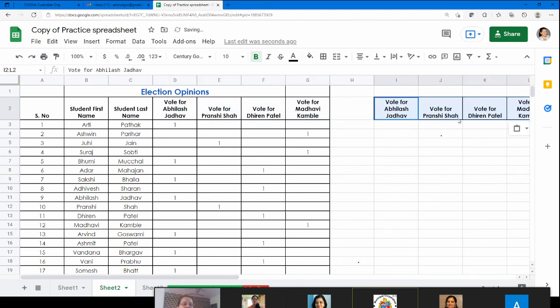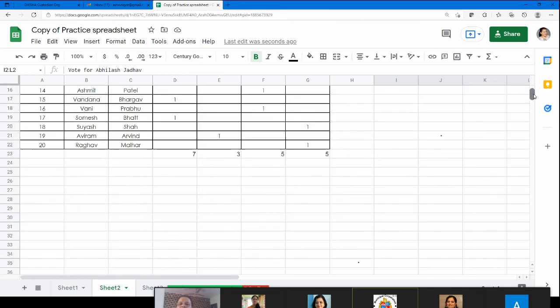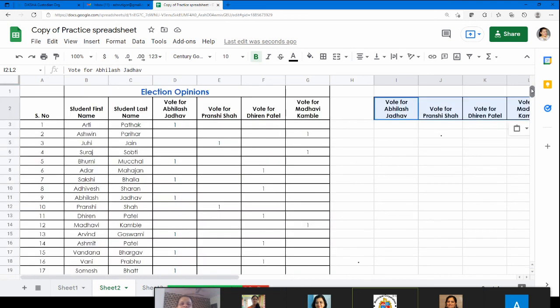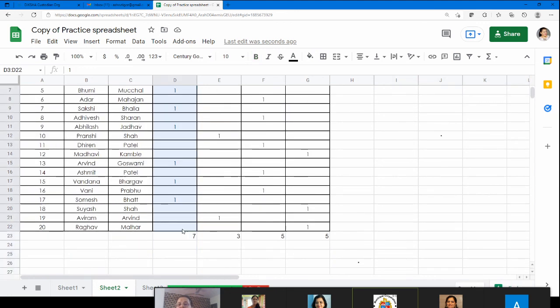Now what I need to do is find out how many votes each of these students scored. So I just marked the whole range and I clicked on sum. So this is what I did. This whole and then sum.